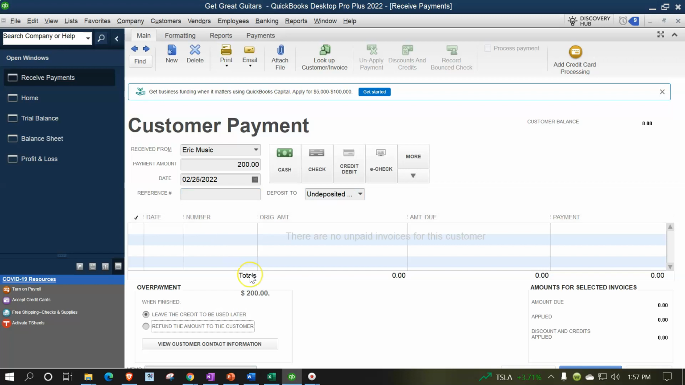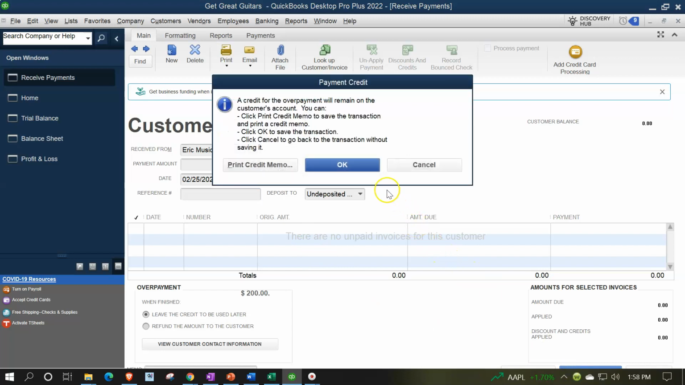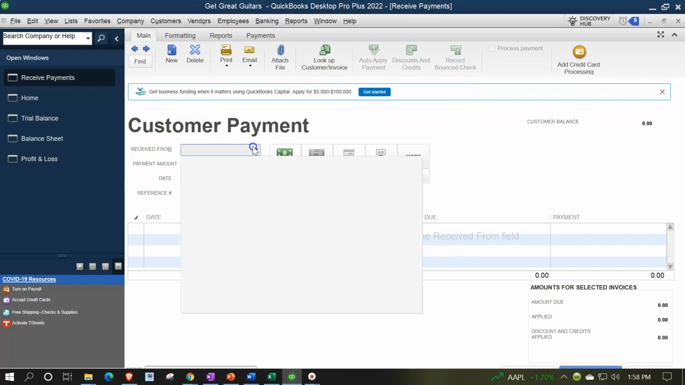And then again, I'm not applying it to anything down below, so it will just be going into that undeposited area. I'm going to say save, and then the other side is going to accounts receivable, but it's not applied to an invoice because there's no invoice down below to apply it to. I'm going to do save and new, and then I'm going to say okay, and let's do one more,